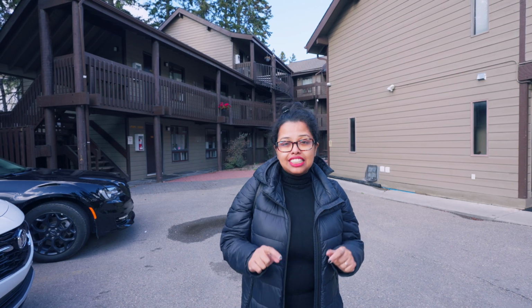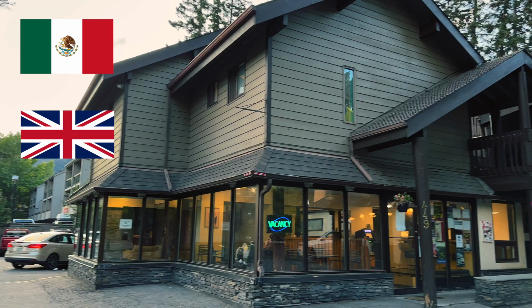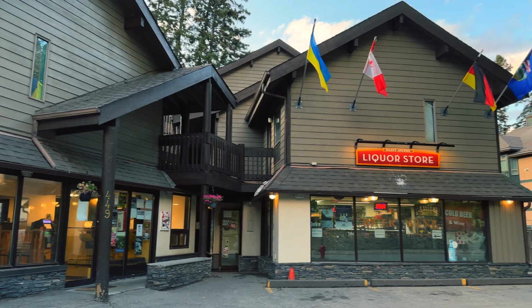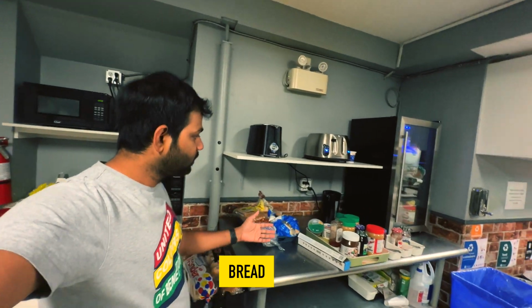So we are staying for 6 nights at Banff International Hostel. This is our 3rd time staying in a hostel. First time we stayed in Mexico, second time in London, and third time here in Banff, and it's the costliest one. We are sharing the room with 6 other people, and it's a mixed dormitory with breakfast. We have bread, spreads,